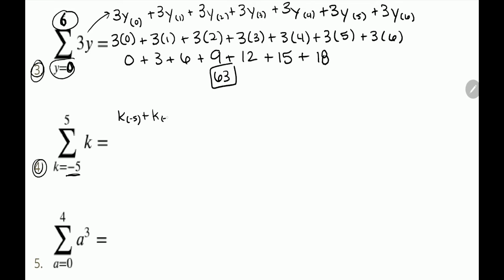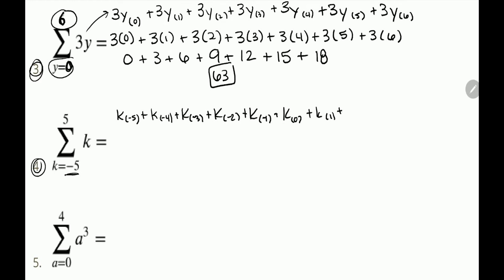So replacing k with negative 5, replacing it with negative 4, negative 3, negative 2, negative 1, replacing it with 0, replacing it with 1, all the way up to 5, because that's the number on top. Replacing it with 2, 3, 4, we'll replace it with 5. So we're literally just replacing k